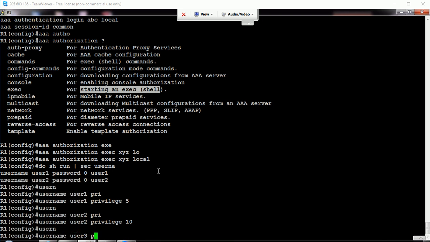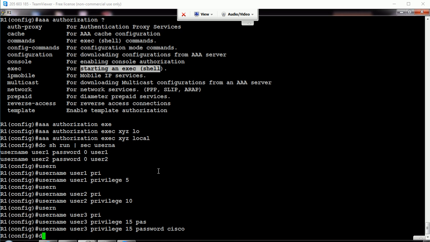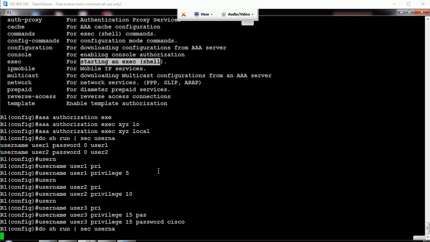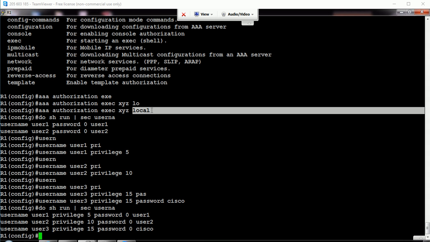User 3 that I create now, I'm going to give 15. Which means right now how many username passwords we have? 3. Each user has been assigned a certain privilege level. The rule also indicates that after authentication, this exec authorization will assign the privilege level by verifying the local database. Local database is where we have said which user should get what privilege level.